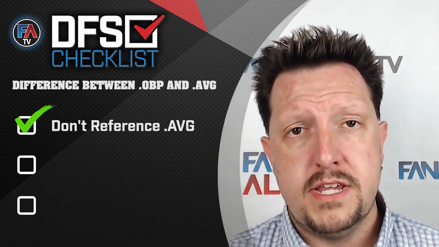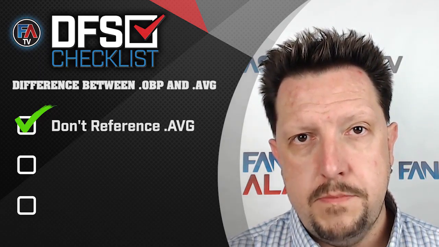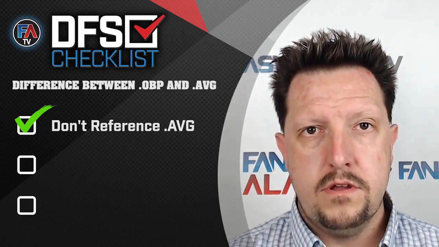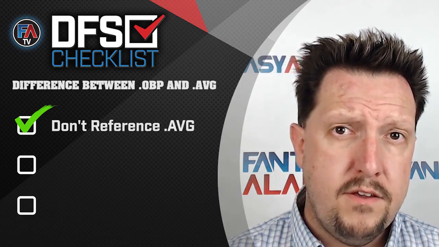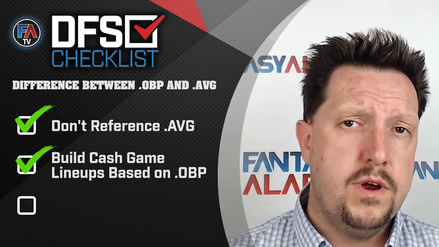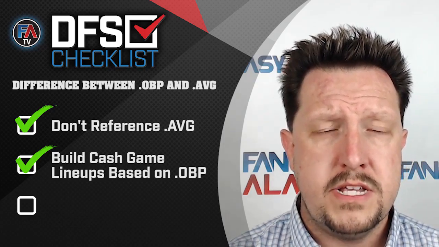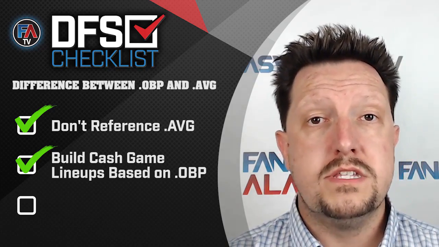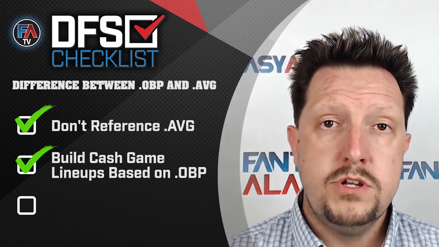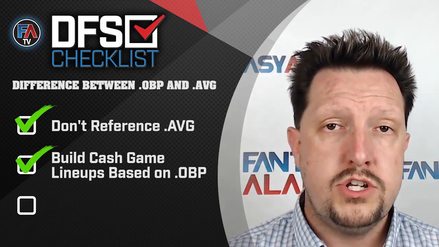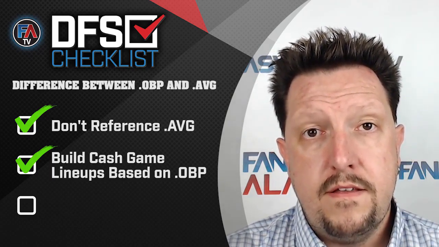This limits your downside. Again, most of your money, unless you win the $1 million in a GPP, is going to be made playing cash games. You build a quality lineup in cash games by using on-base, by getting the guys who are going to, at the very worst, maybe they hit the long ball, they go 2 for 3 and a couple extra base hits, but at the worst, maybe they walk once, they get a single, something like that. They're still cashing out for you. They're still returning value, which is huge compared to the guys who are one-dimensional. They only hit for power and things like that,